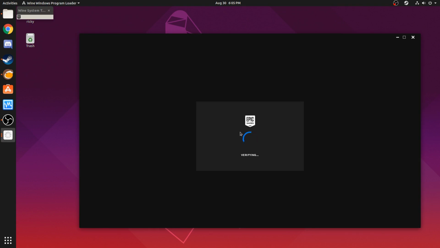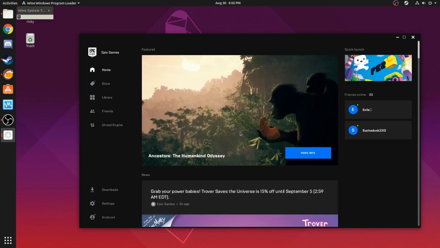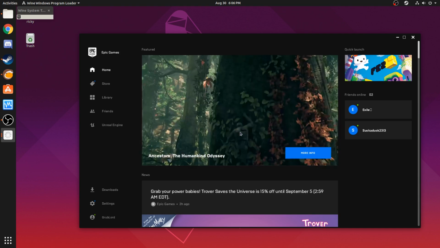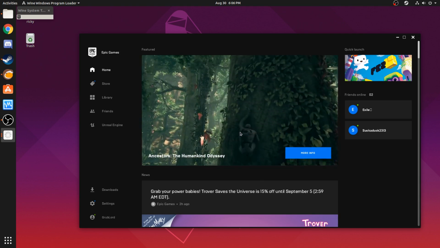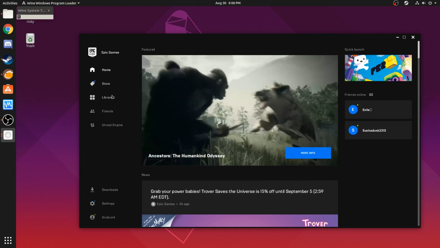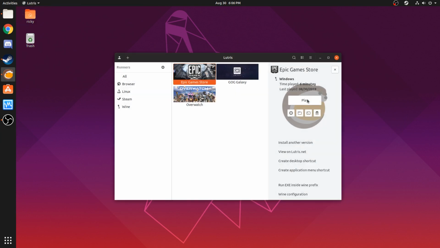Right? It has everything pre-done from the community. So Lutris is community driven, and the more popular something is, the more likely it is to have a setup for it. And as you can see here, I do have Fez pre-installed on my computer. I already installed this. So let's go ahead and close the launcher.